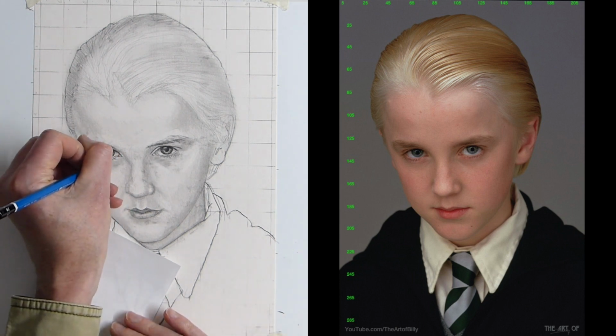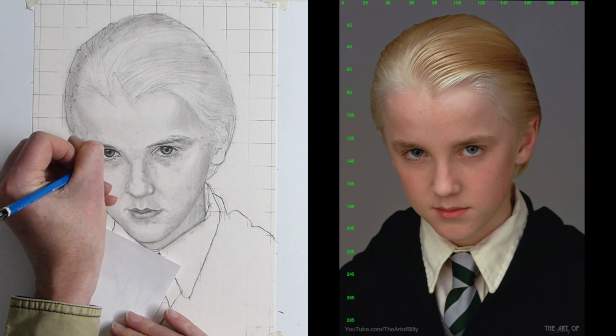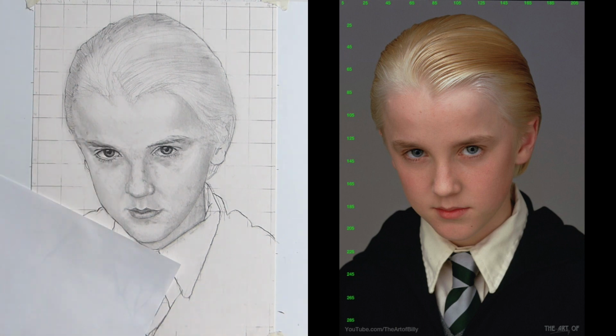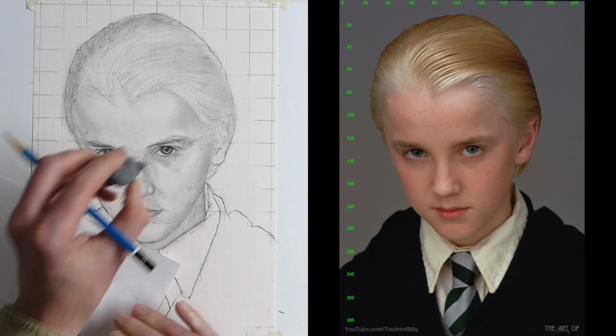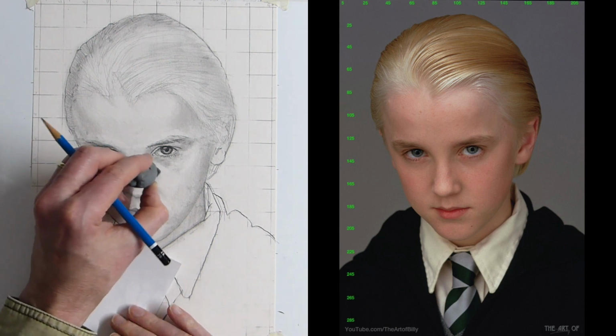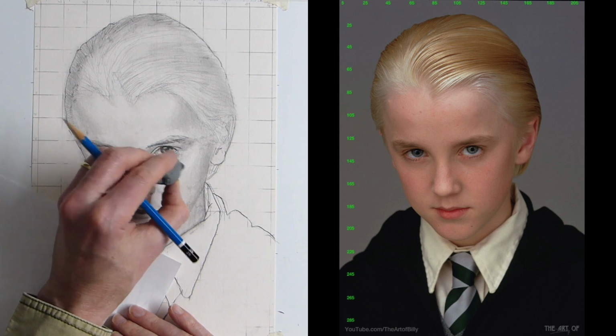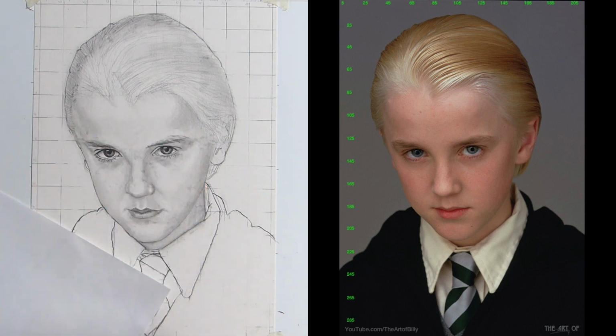Now again, I'm just darkening up the eyelashes because obviously when you just dab the eraser over them, you're going to lose some. But there you actually have Draco looking something like,